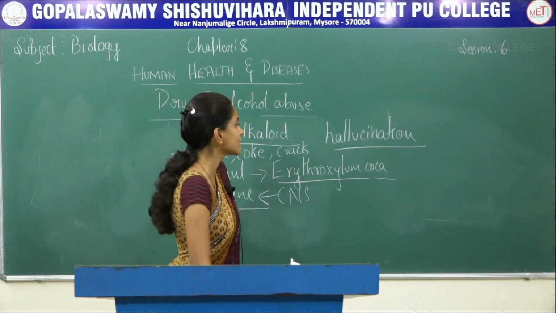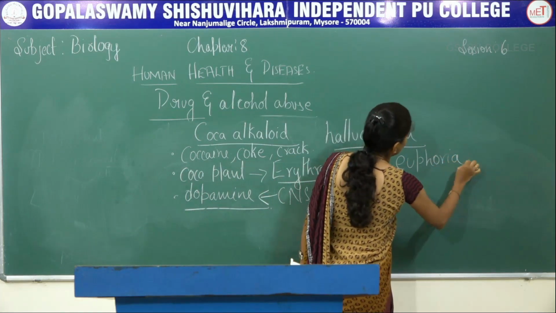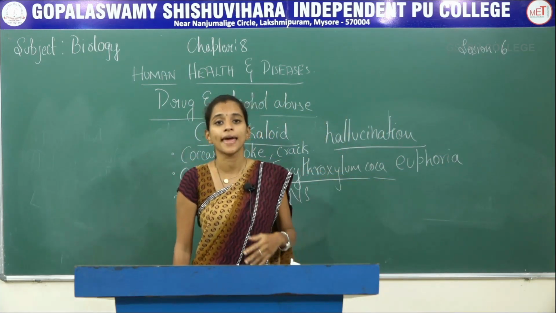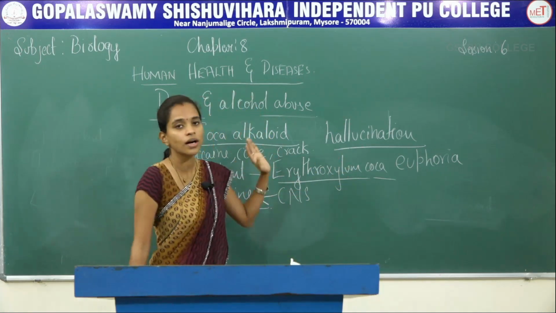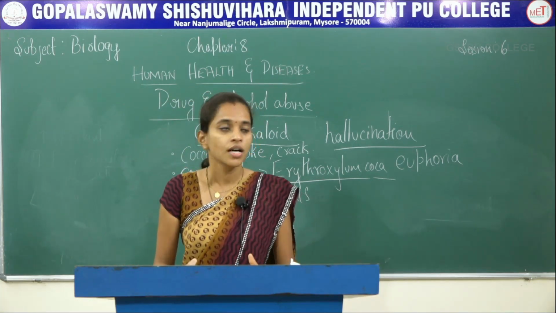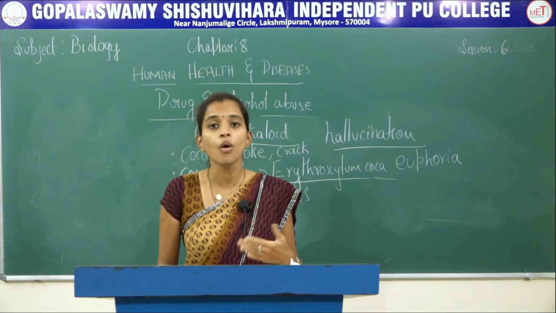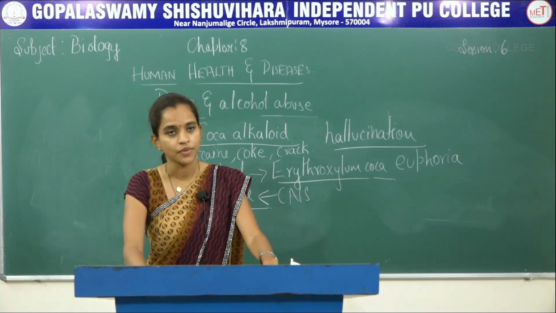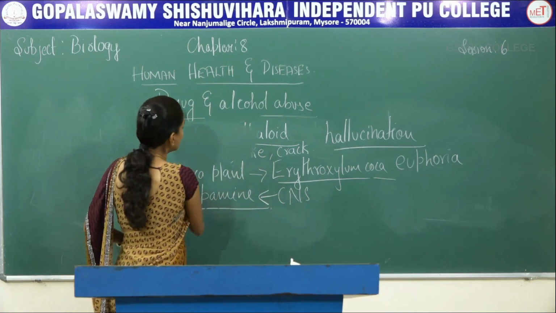It also increases the sense of euphoria, plus it provides excess energy. So those are the side effects of coca alkaloids. It interrupts the central nervous system, causes hallucination, apart from which it causes a sense of euphoria, and high energy is released or produced inside the body. So that is about coke alkaloids. This is the third form of drug.